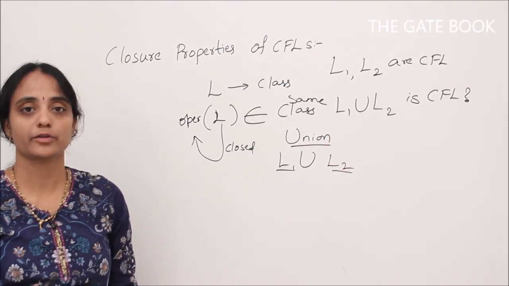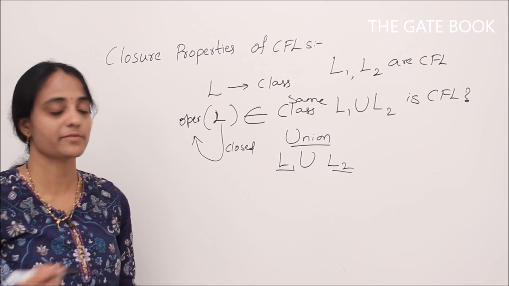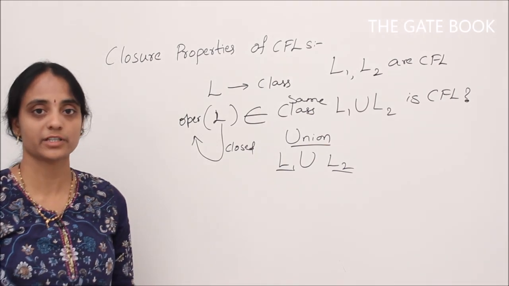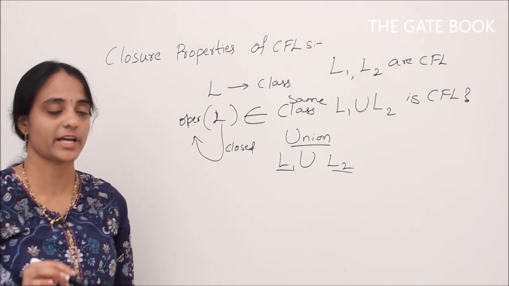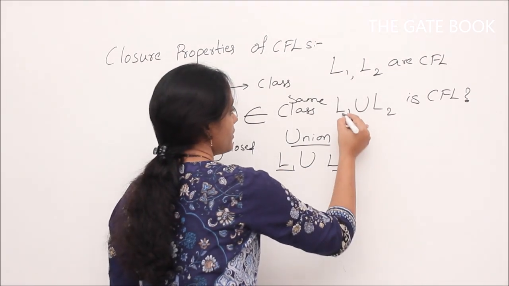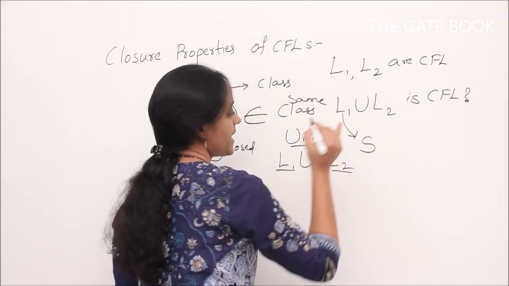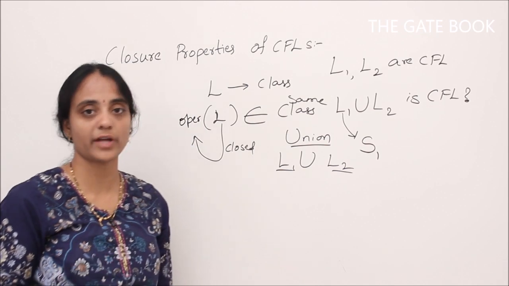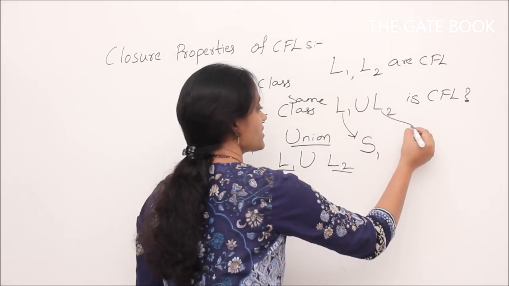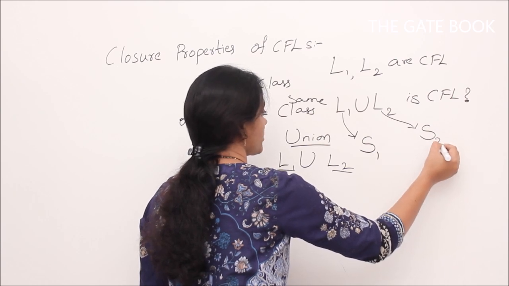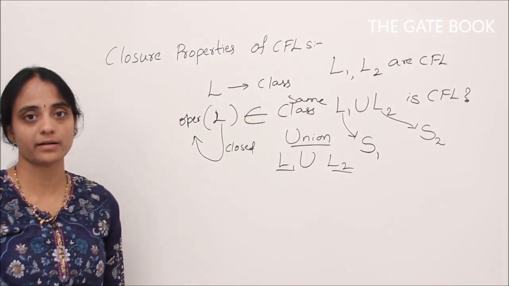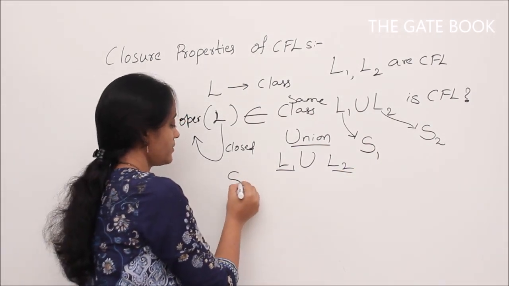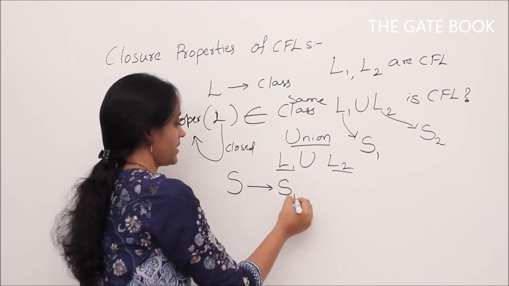How do we check whether union is a context free language or not? For any given language we should prove it, right? It's not that we take an example and prove it, because it works for that example doesn't mean that it works for every example. So how do we prove that? If L1 is context free, there will be a grammar that has start symbol S1, because L1 is context free, so it should have a context free grammar. Similarly, if L2 is context free, then it should have a context free grammar. Let's assume that the start variable of that is S2. Then if I construct a new variable S which derives S1 or S2,